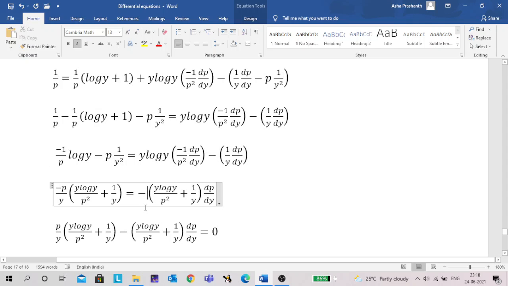So if I take minus also outside, y log y plus 1 over y. Okay, in the left hand side, what we will get? You see, log y by p minus p by y square we will get. If I take minus outside,